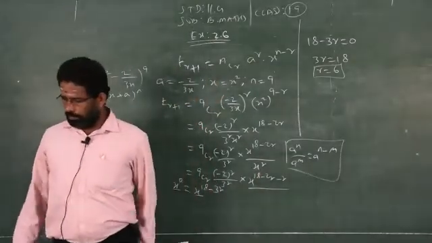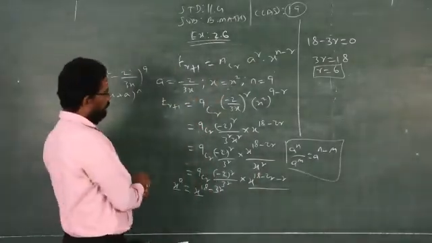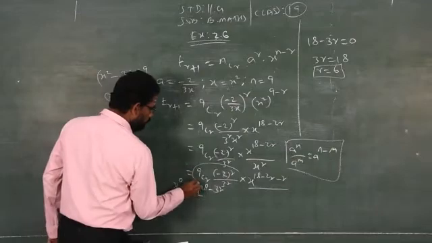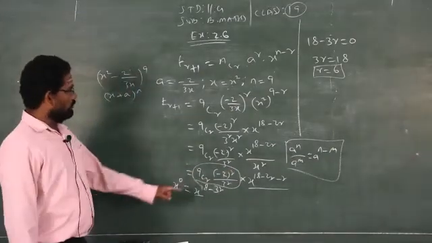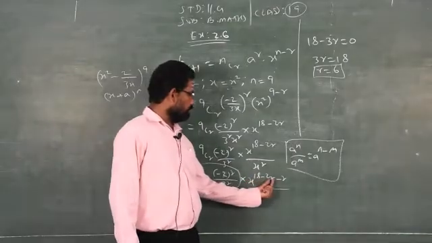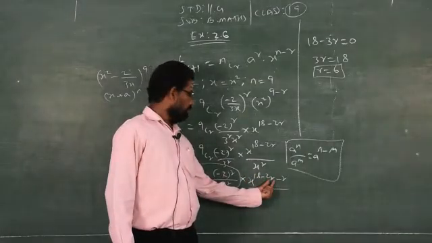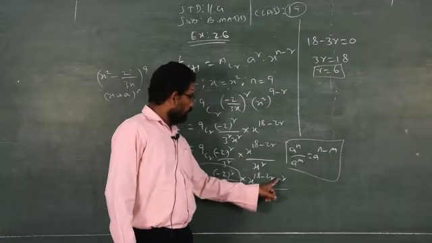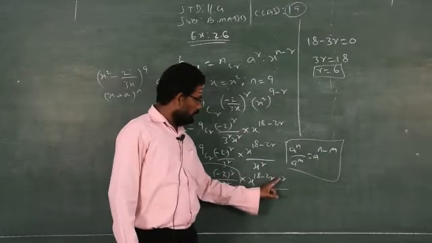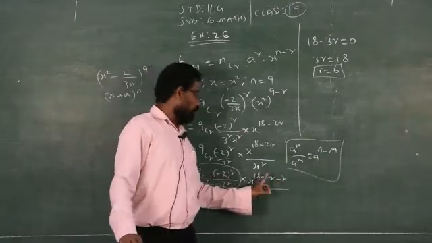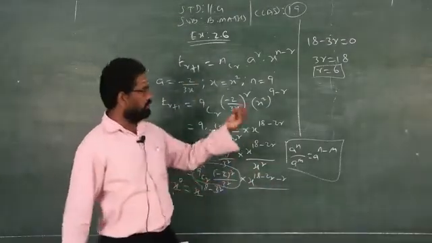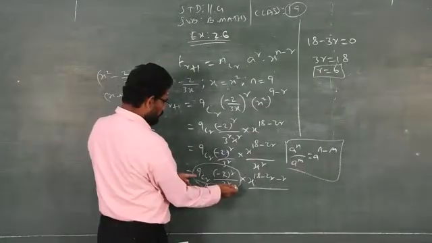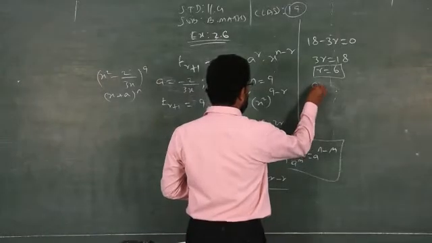If I replace r equal to 6, then I will get the independent term. So you have to replace r equal to 6 in this place. If you replace r equal to 6, then automatically this will become independent. See, if you replace r by 6, 2 sixes are 12, 12 minus 6, that is minus 12 minus 6 is minus 18, 18 minus 18 is 0, x power 0. So just now I said with the examples, x power 0 is independent. So you have to find that 9C6, you take only this part and replace there.